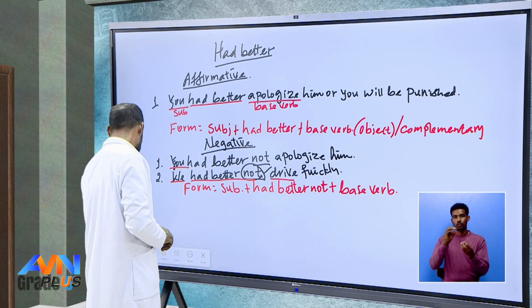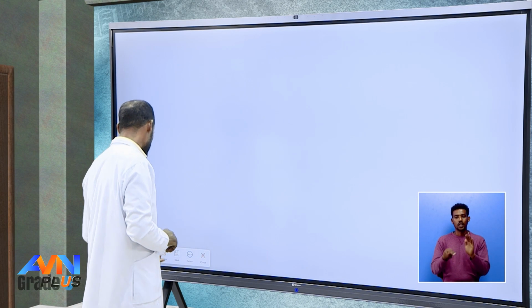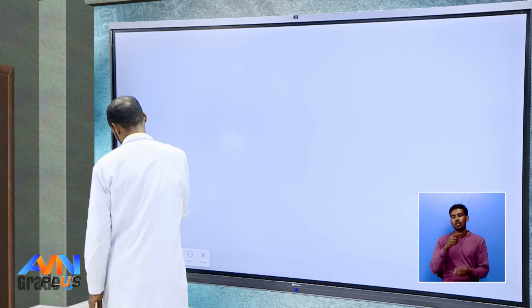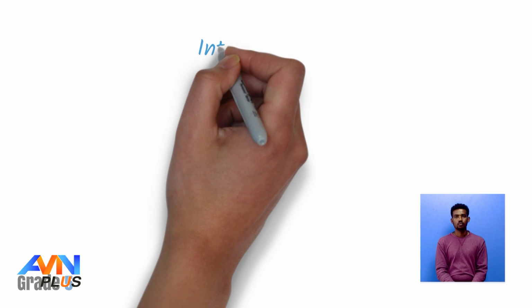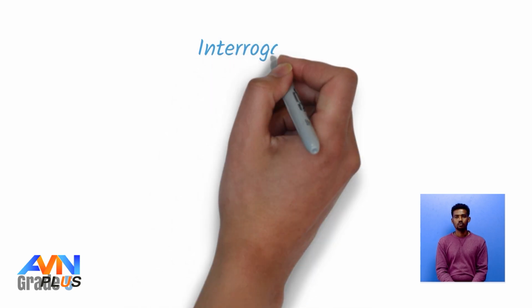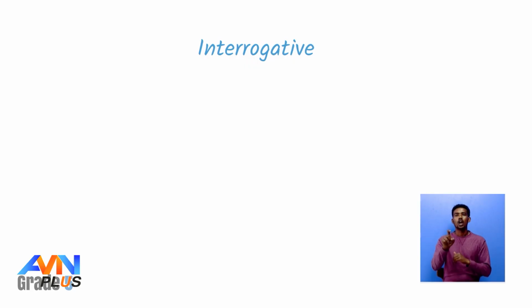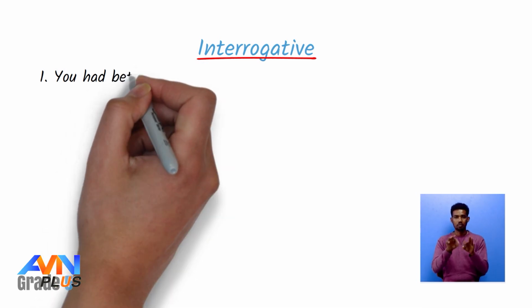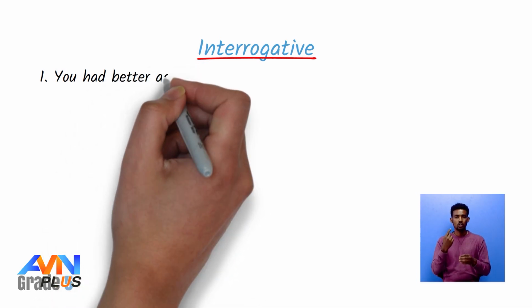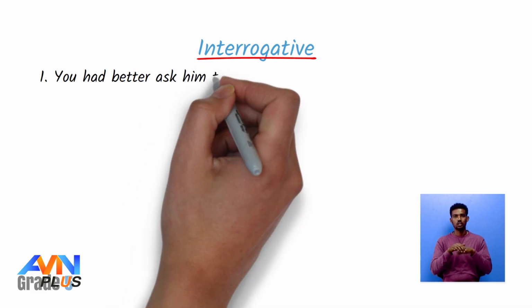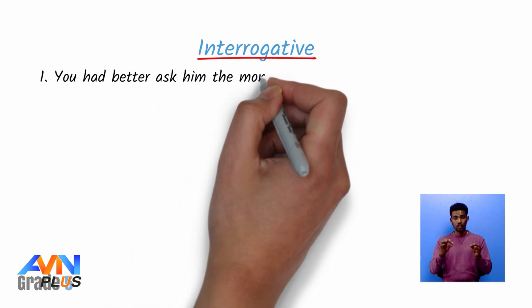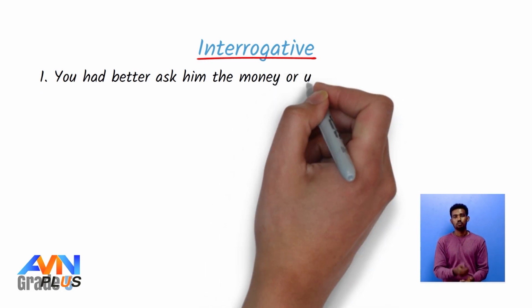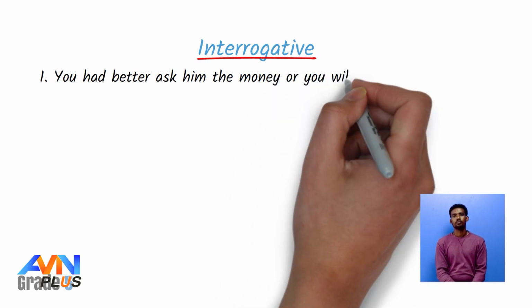Okay, now we have seen the negative form. What about the interrogative form? Still in this sentence, the interrogative form is not very advisable. It's less common in English. Is it clear? For example, let me give you one positive sentence, then let's change it into negative. If it is possible. So, you had